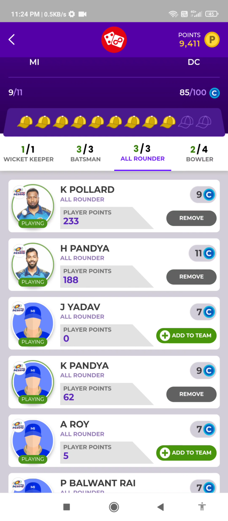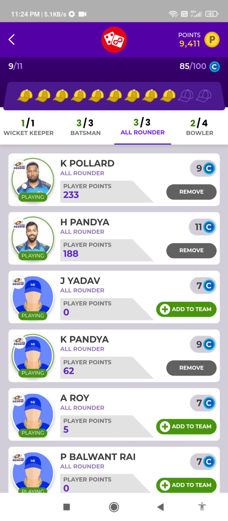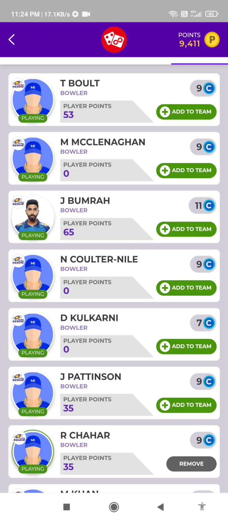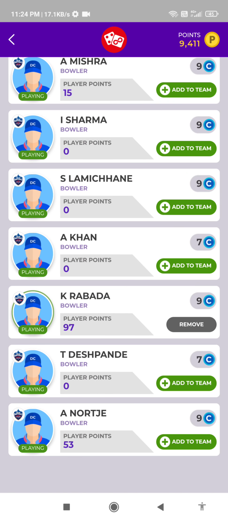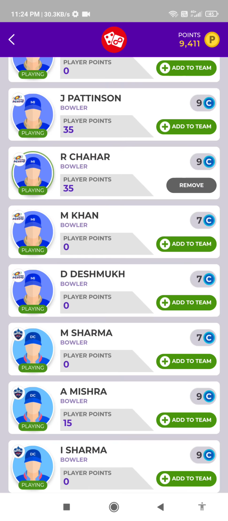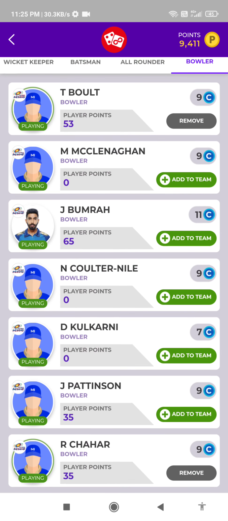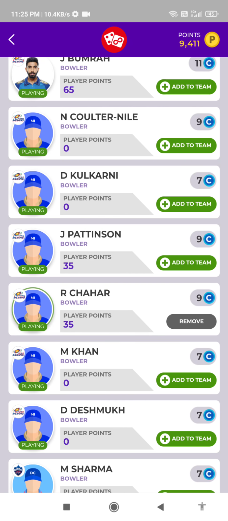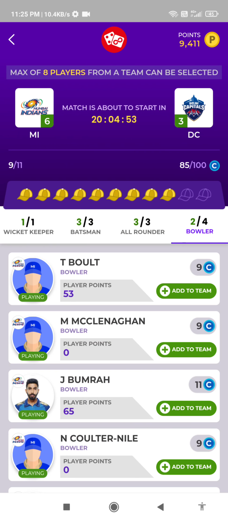In the all-rounder section, you can see here, and I am choosing bowlers: K Rabada, D Chahar, T Bolt, but now also I can't choose.